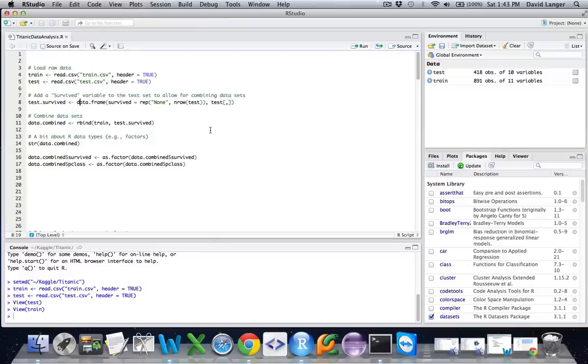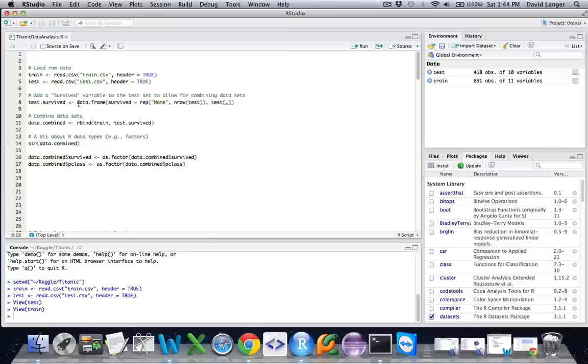Now the first thing that you'll notice over here is that the train set has 11 variables because it has the Survived label, and the test set does not, right? Because we're going to train our machine learning model with this label, which is the 11th variable, and then we'll have this test set to actually be able to decide whether or not the model that we built is any good. But to combine these two into one set, I need to add a variable to the test set. So this is what I'm going to do with this line of code. And we'll take a look at it piece by piece.